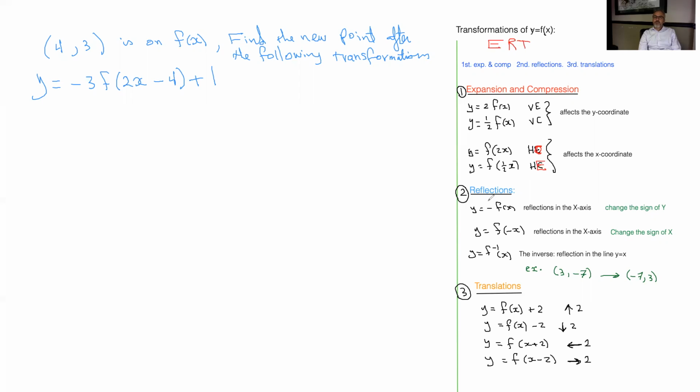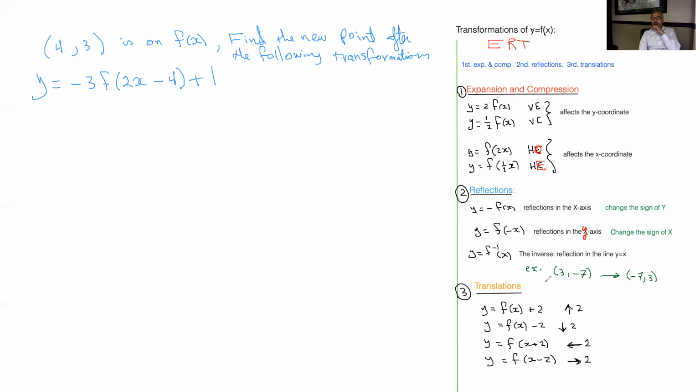And then the second thing, as we said, reflections. If you have y equals negative f of x, the negative in front of the whole function is a reflection in the x-axis. So you just go to the coordinate and change the sign of y. If the negative is in front of the x, sorry, it's a reflection in the y-axis. Okay, sorry, I'm just going to fix that. That's in the y-axis,